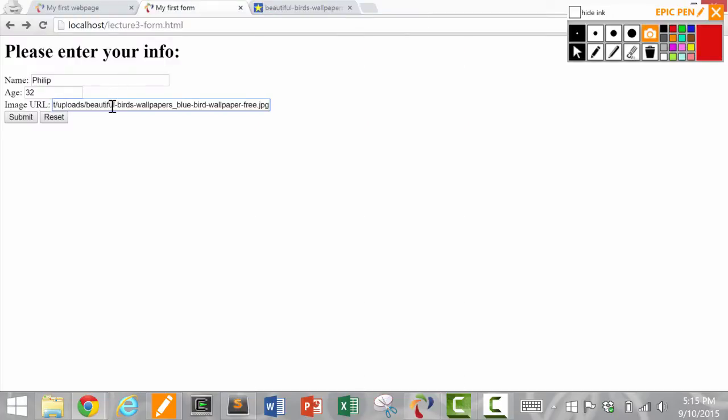So this is the URL of the image. So it's just a string. So we're just sending 3 strings over to the other side. So if I hit submit,